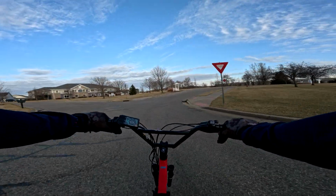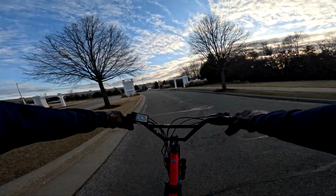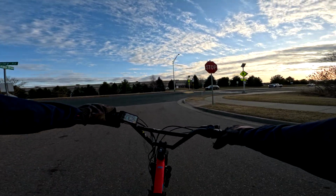People are looking at me like, what is this guy doing? Guys, when you see somebody riding around with no pedals or cranks or drivetrain on their bike, looking like a goofball with their Crocs hanging around, that means that they're trying out a new motor, and that